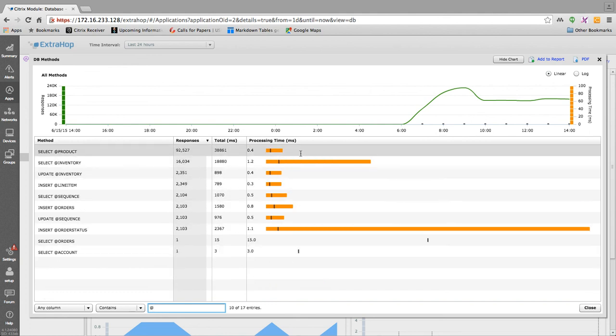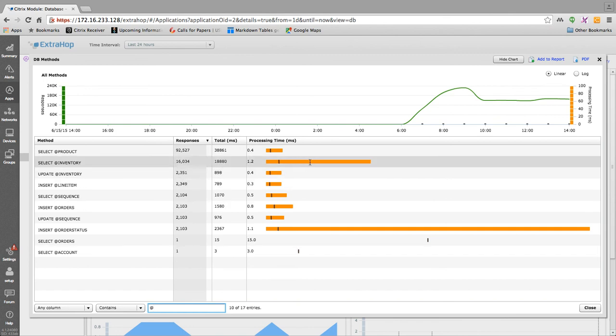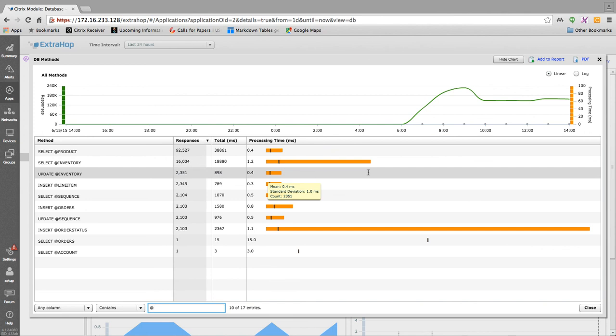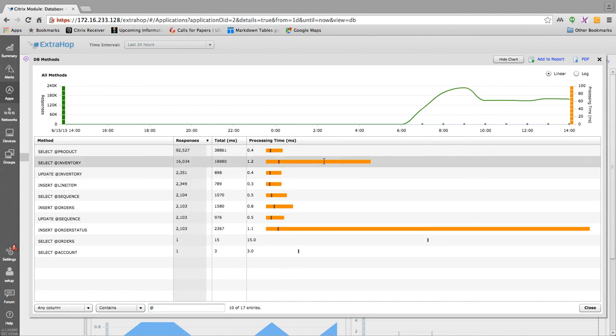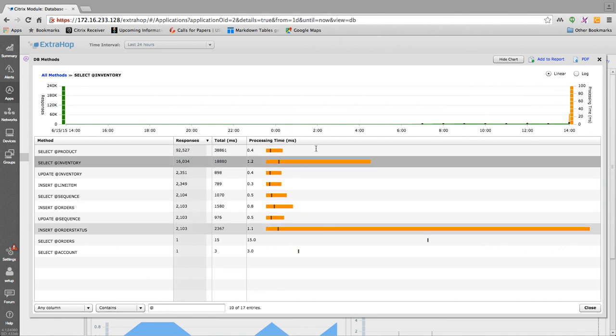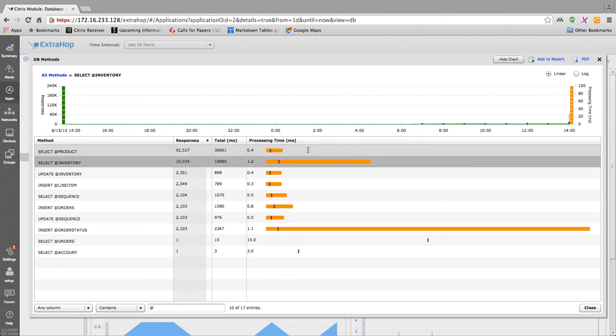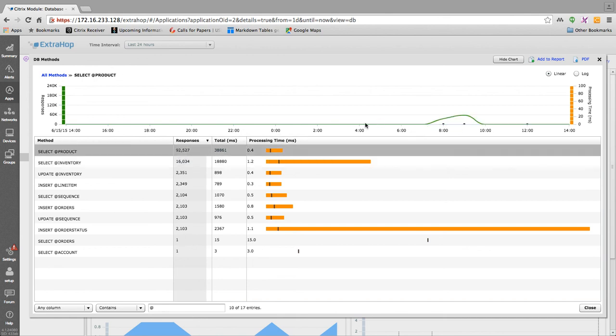table, right? So this is select from the product table versus, let's see, or even here within the inventory, we have the select performance, which is a read, and we have the update performance, which is a write. The important thing to remember is that you can click on this, and if you see a particular table, and I've been through this before, if you see a particular table is slow, or a particular table was running along fine and then suddenly got slow,